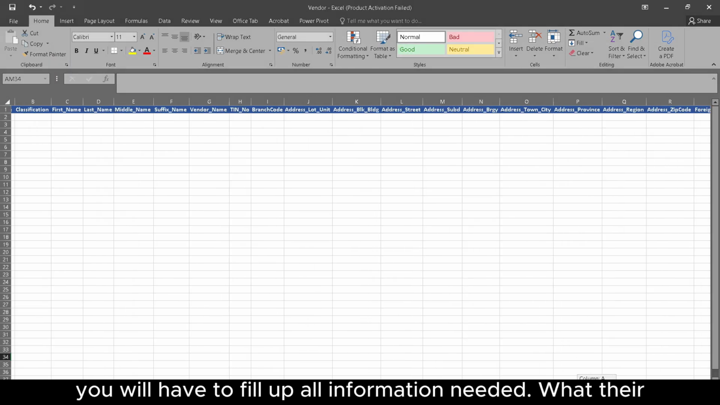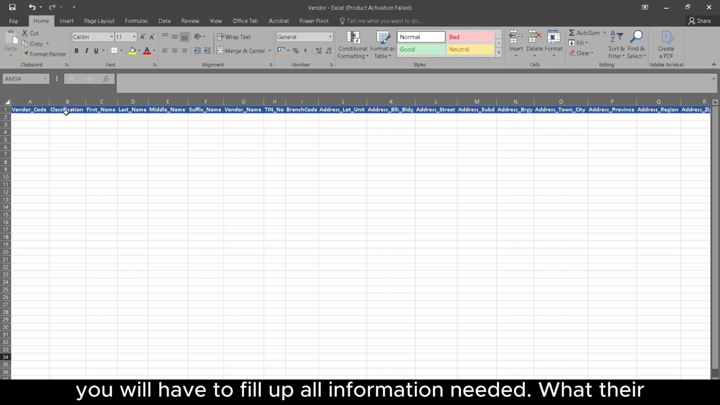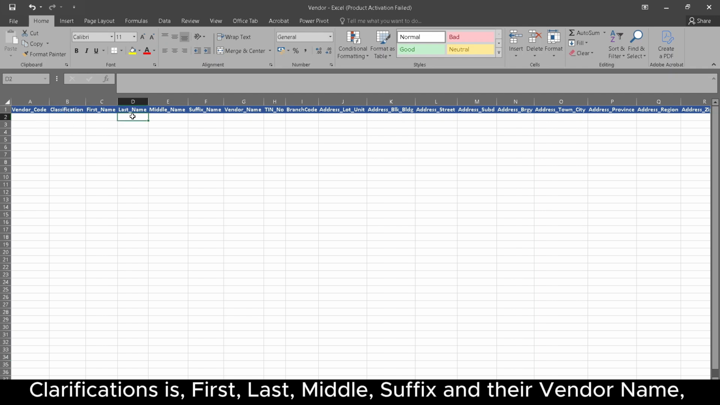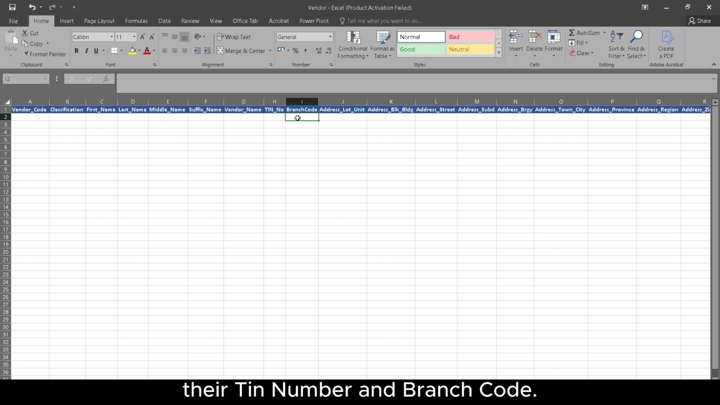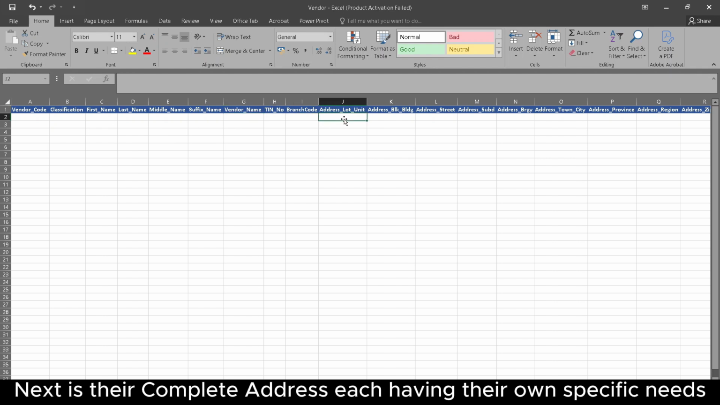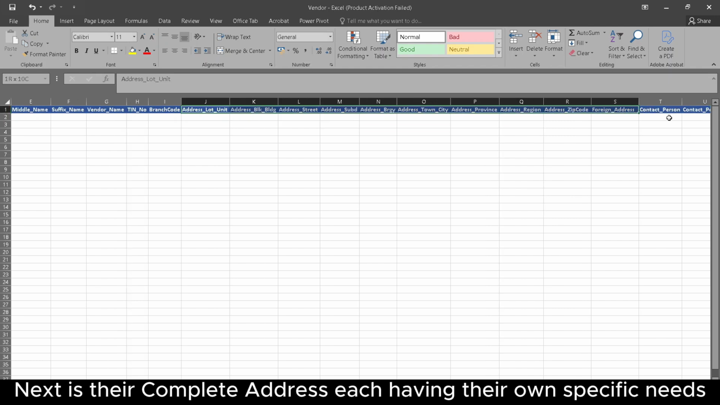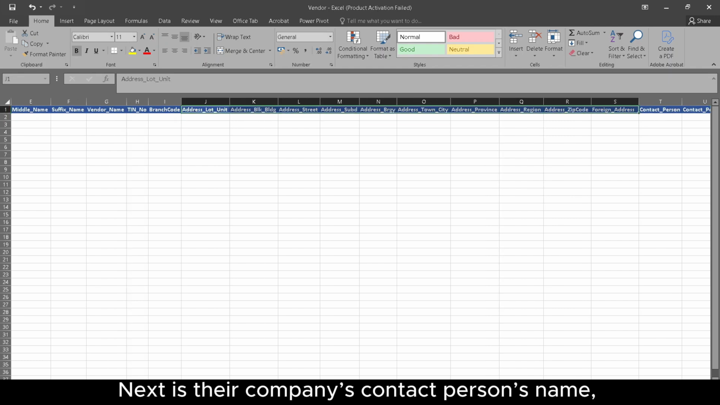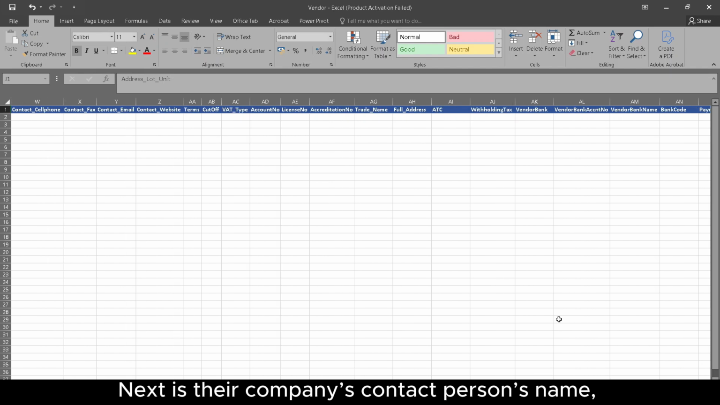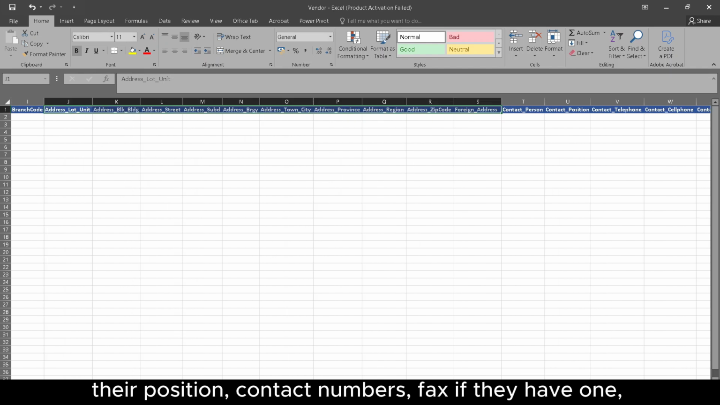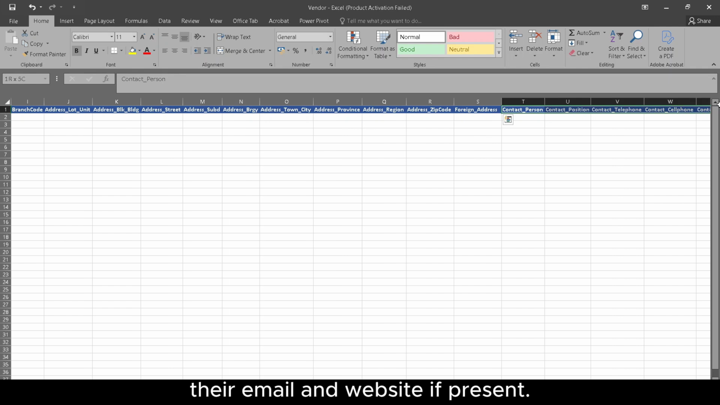For the complete information for vendors, you will have to fill up all information needed. Their classifications, first, last, middle, suffix, and their vendor name, their TIN number, and branch code. Next is their complete address, each having their own specific needs and if they have foreign address. Next is their company's contact person's name, their position, contact numbers, fax if they have one, their email, and website